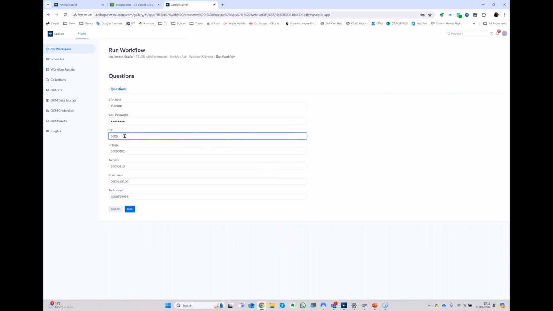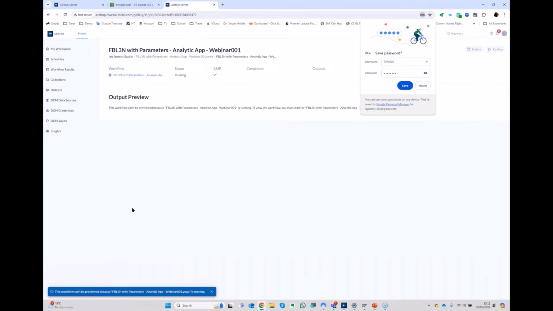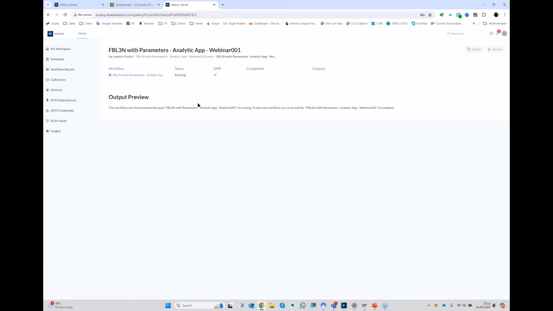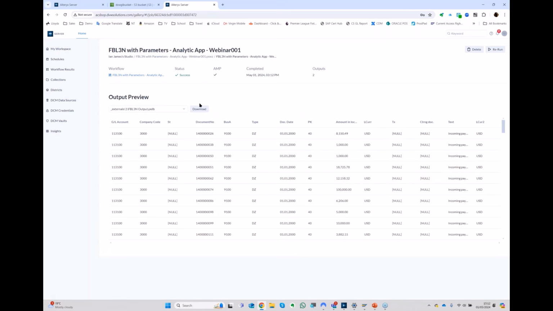Maybe I want company code 3000. I'll leave the others, but you can change dates. But whichever we want to set up in here that correspond to the parameters in that T code. When I run that, you can see, let's not save that. You can see that's now running the workflow within the server. It's talking to our SAP solution, obviously applying all those parameters, and running the T code and outputting the data, as you can see, either onto the screen here,